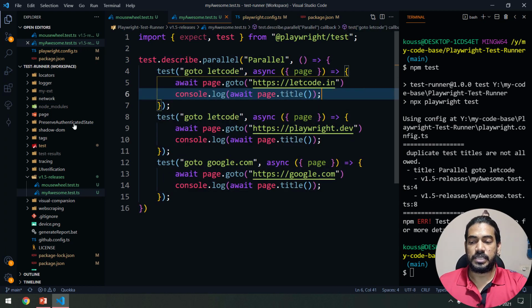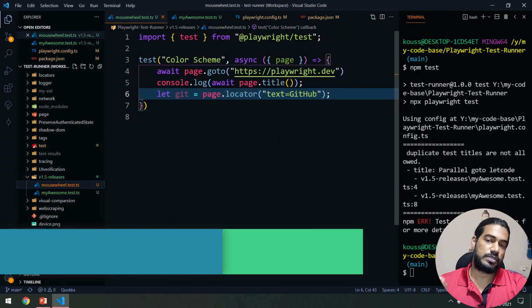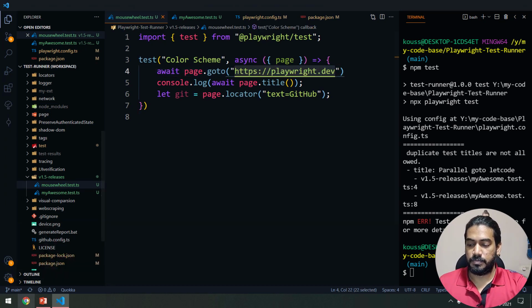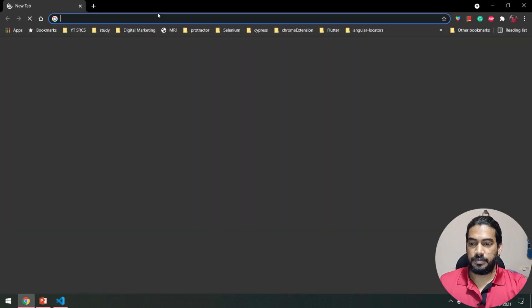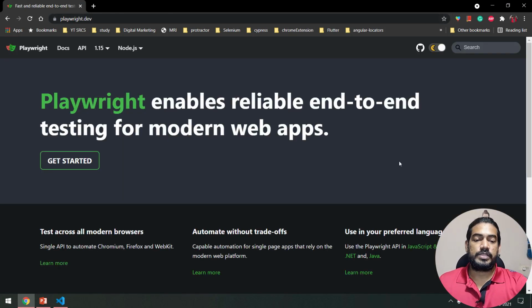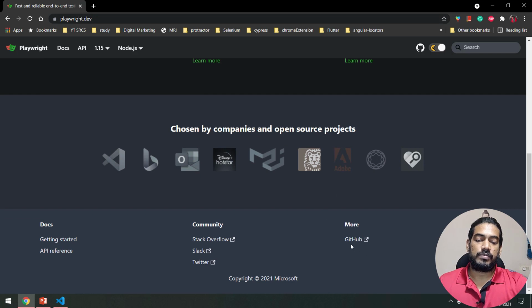Okay, now let's go to the second feature. So here we have this mouse wheel control now. For example, if you want to do the scrolling, let me go to my browser and bring up this playwright.dev. So basically, let's say that we want to scroll down and I want to capture this GitHub. I want to capture this screenshot, or maybe I want to do some action here. So when I say dot click function, or if I have to type like fill or type, then of course the page is going to scroll automatically and it will do the task.